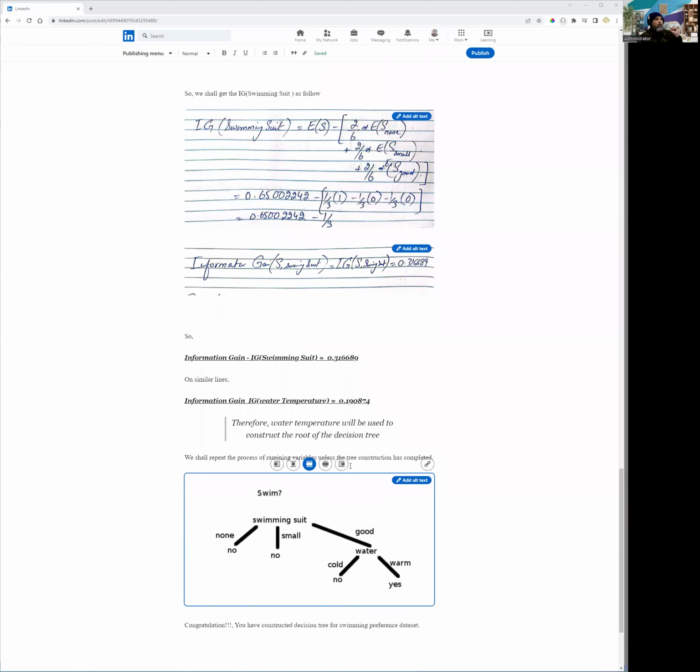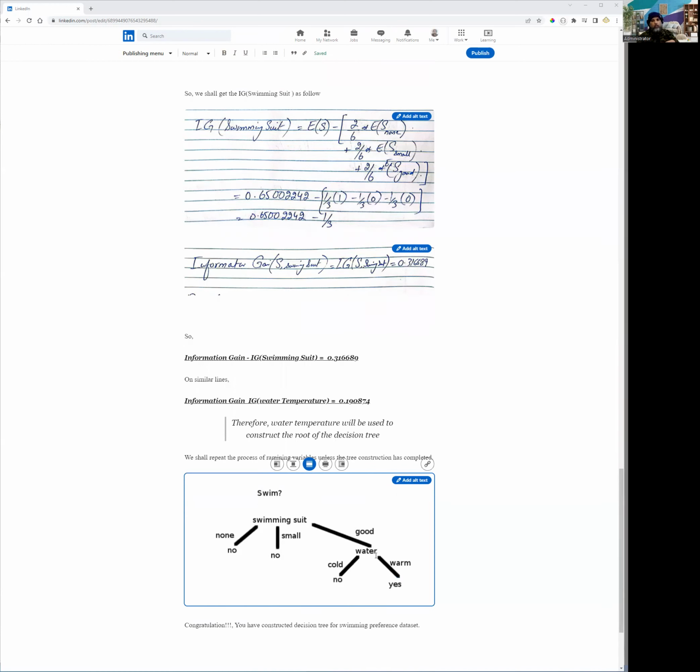So you can see if we construct that tree, once we put the first variable, we don't need the second variable on the second level, because we don't have multiple outcomes, we only have one outcome. So you can see the tree ended in the second node here against none. The tree ends up in the second node on the small node as well. However, on good,